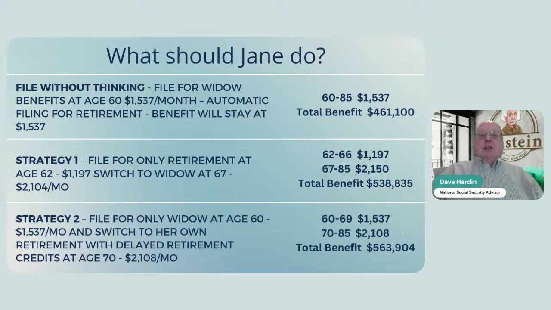The problem is, I don't know if you know this, but Social Security employees aren't allowed to give you advice. They're trained not to give you advice. They can answer your questions, but they won't tell you that you're asking the wrong question, and they won't tell you that the answer to that question isn't the question you should be asking. You should be asking this question. And they won't tell you that it's the wrong amount or that you could do better. They just answer your direct questions.